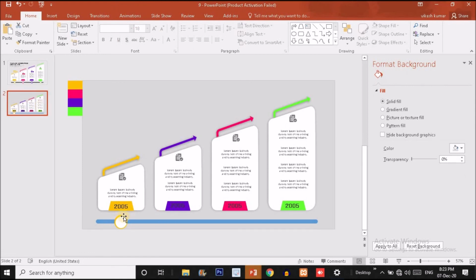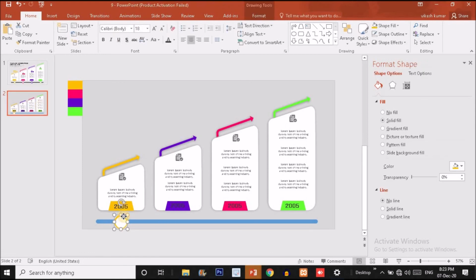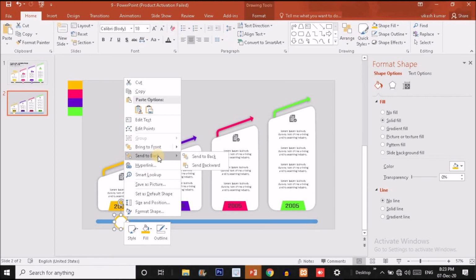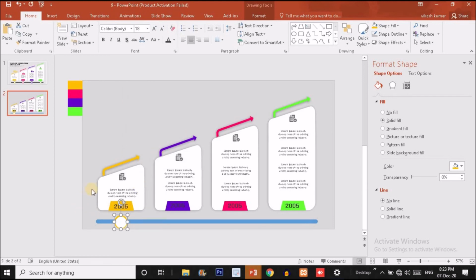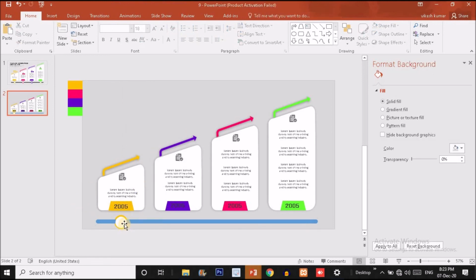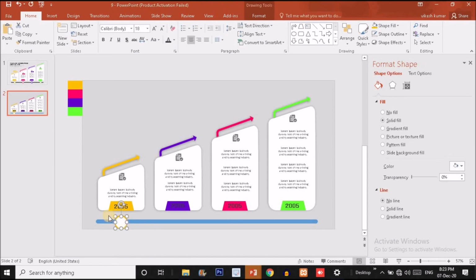And now you just have to select the orange circle, right click over here and send it to back. Now you can see the effect over here. So now I'm going to select all these two circles, pressing Ctrl D and put it over here. Just put it over here and Ctrl D one more time. Put this shape over here.